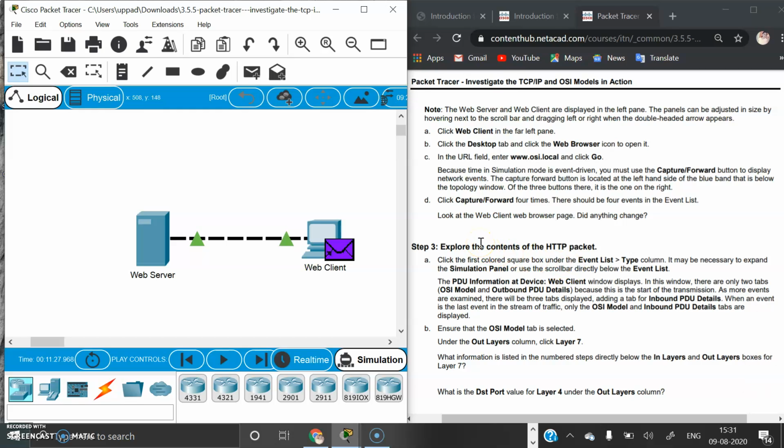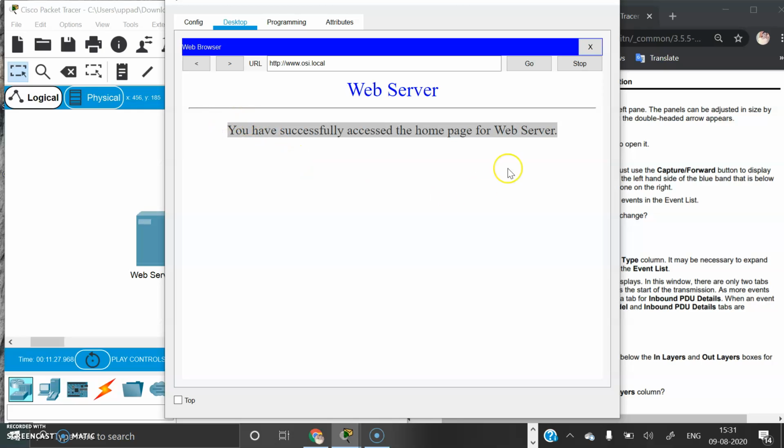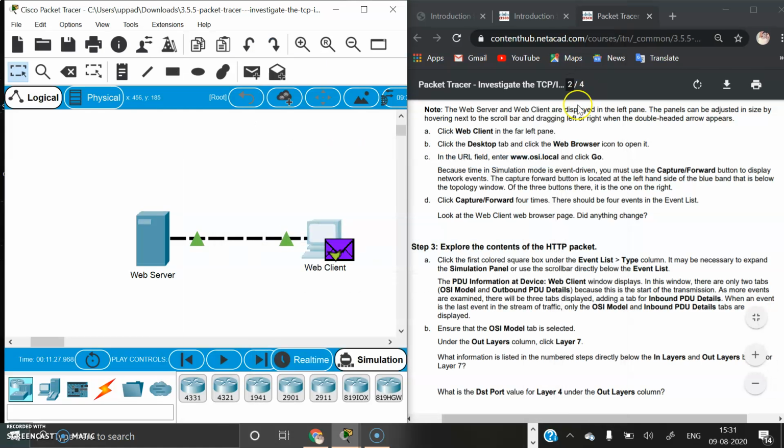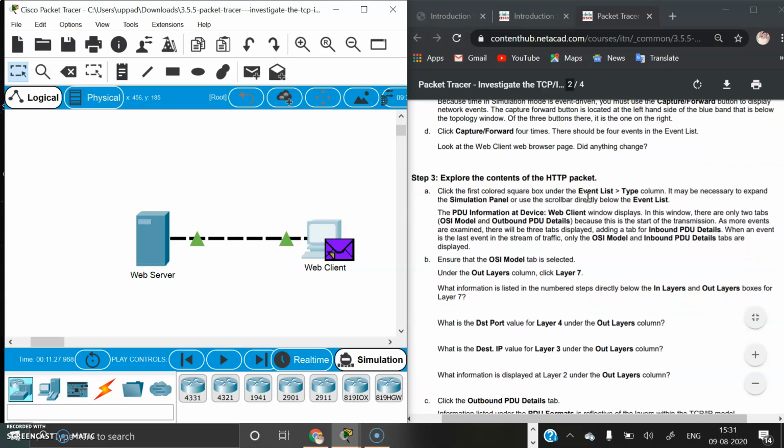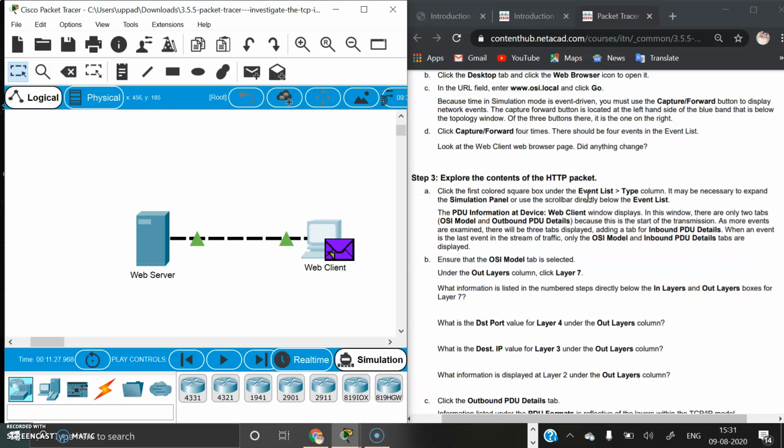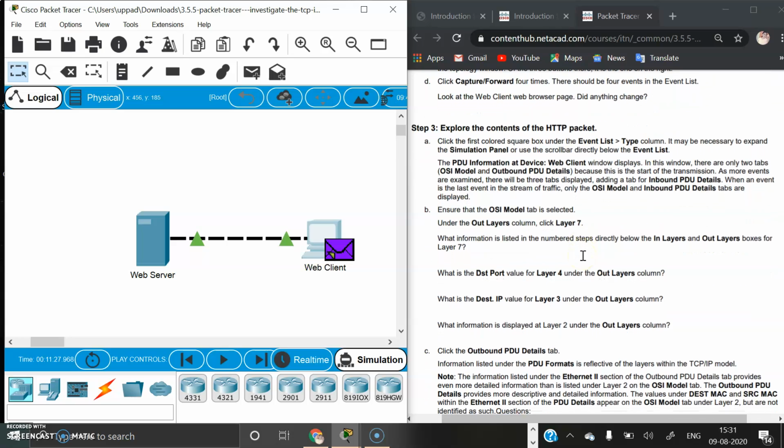Look at the web client web browser page. Did anything change? Open it again. Here we can see you have successfully accessed the home page for the web server. A note is given. Then in step 3, we have to explore the contents of the HTTP packet. For that we have to